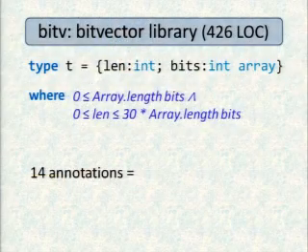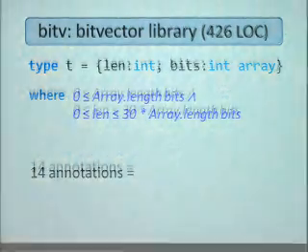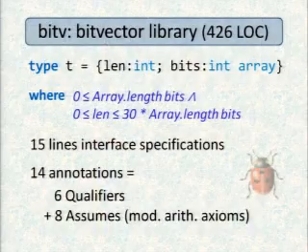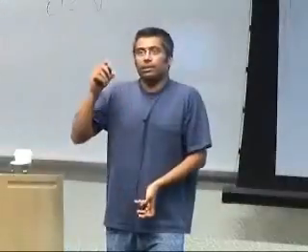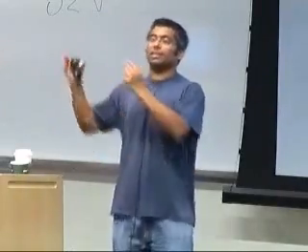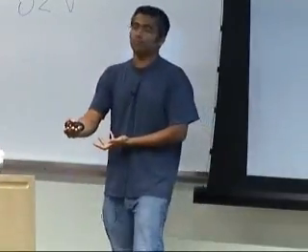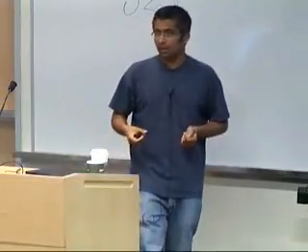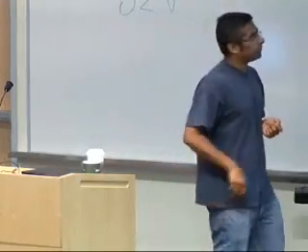Our current implementation did not know anything about modular arithmetic. So we had to throw in a bunch of these assumes. They're just, trust me, at this point, x is less than 30. And how do I know x is less than 30? Because x was just evaluated to be y mod 30. So you know that something mod 30 is less than 30. So you have to throw in an assume like that that constrains it. So these are the three sort of possibilities.